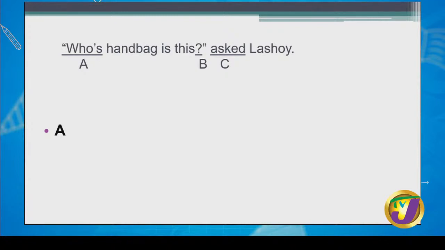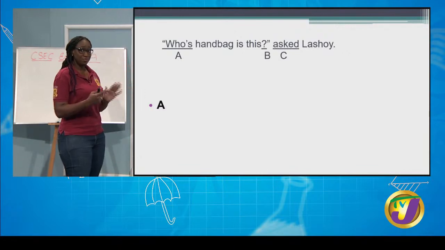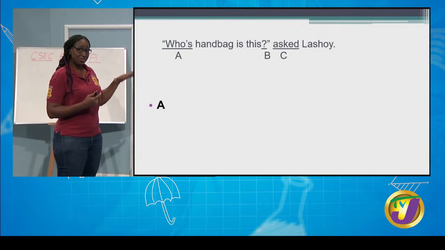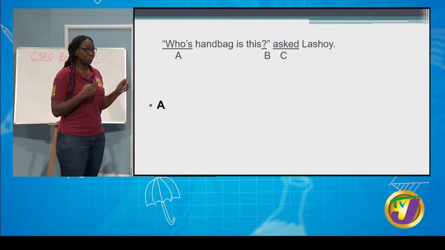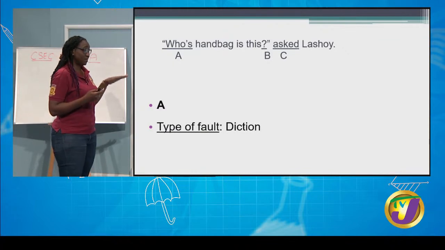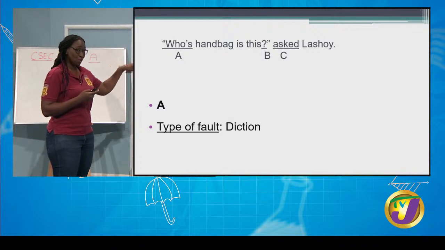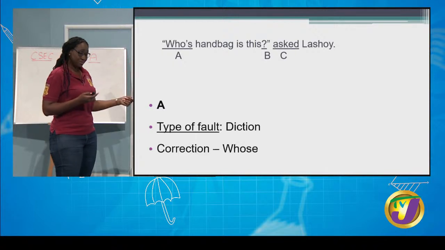Now, when you see who's, what does that mean? It really means who is. And you need to remember that an apostrophe signifies most of the time that something is missing. So if you read this as who is every time you see it, then you won't make the mistake of writing this when you don't mean who is. So we have a diction problem because there is a word that is pronounced whose, but this is not how you write it. This is how you write it,